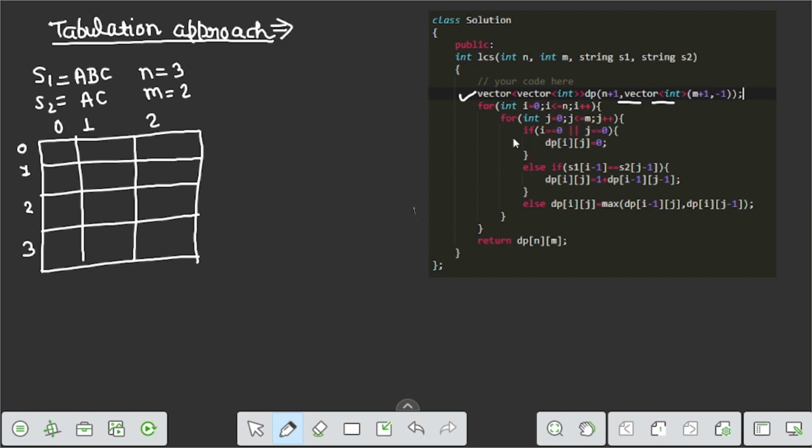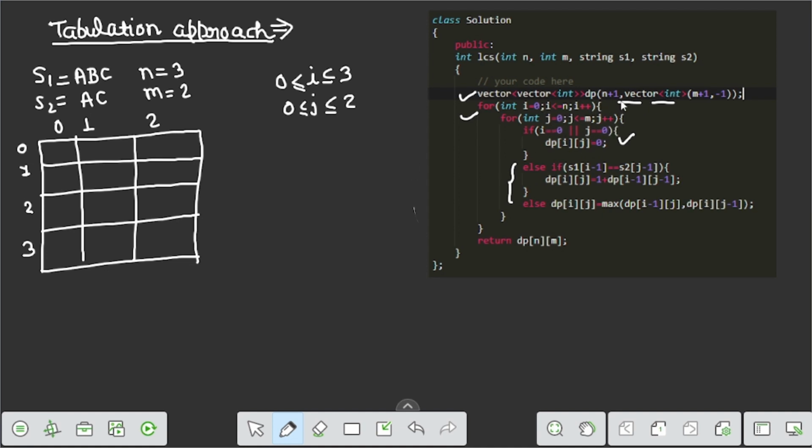So we go to the for loop, where i goes from 0 to n, which is 3, and j goes from 0 to m, which is 2. For i equal to 0 and j equal to 0, this condition is not called yet.